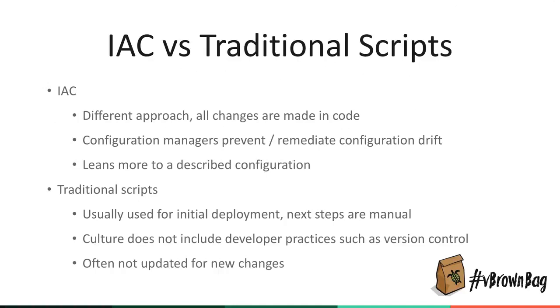Do you want me to give that to you as a JSON file, like a JSON string, or just tell you about it on screen? So it won't make that change for you. And infrastructure as code leans more to that described state of this should be here, this file should exist.